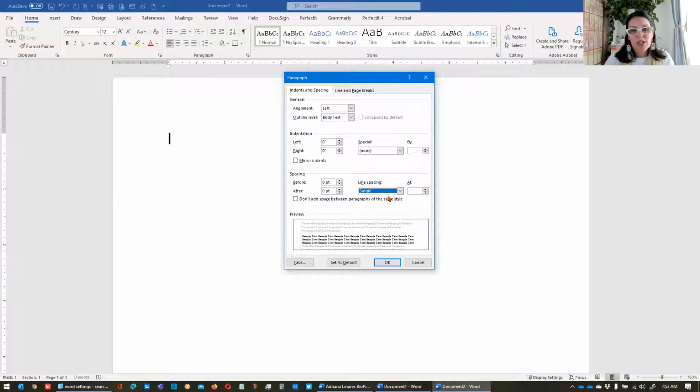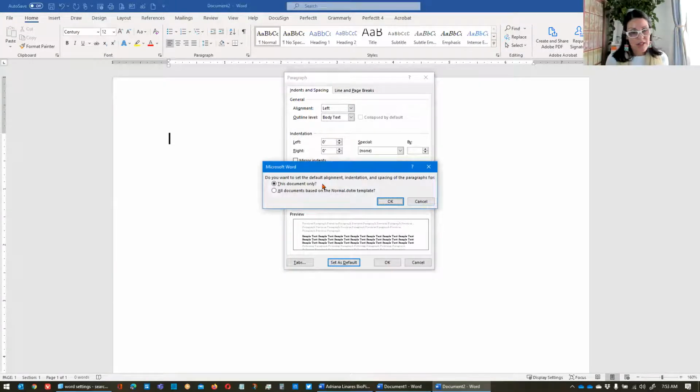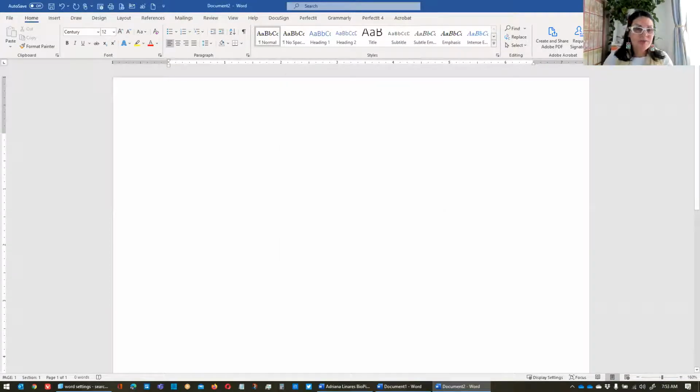You can change that. So then I would click, of course, this very important button that says set as default. This document only? No, all my future documents, I want them to go back to 1999. No, I'm kidding. So those are 2 real quick settings for setting your default font and your default line spacing. And then let's talk about how those decisions affect cut, copying, and pasting.